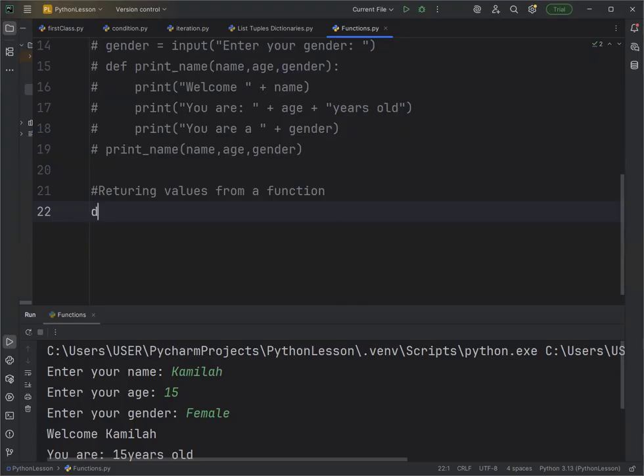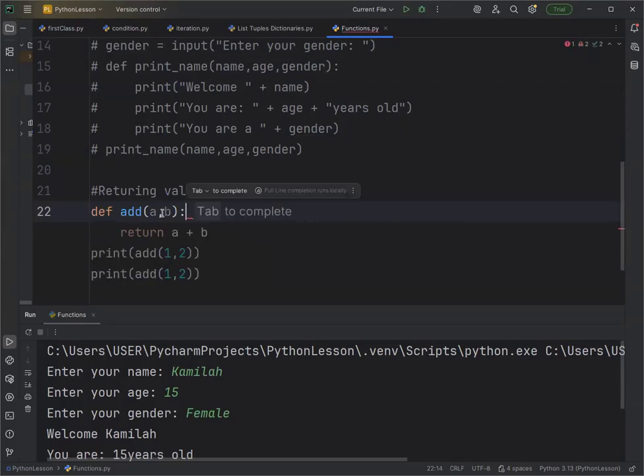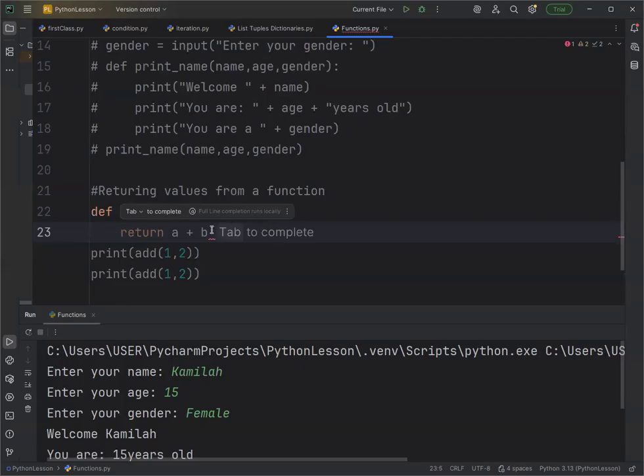So I will just do def add. Because it's only two numbers I want to add, I will just do A and B, right? These are the two numbers I want to add. Then I press enter. Because I said return, I want it to return A plus B. Anytime you do something like this, I will just say return